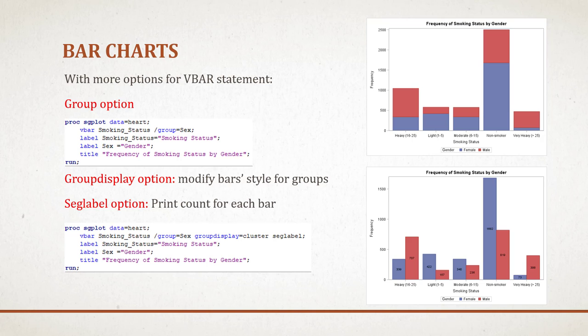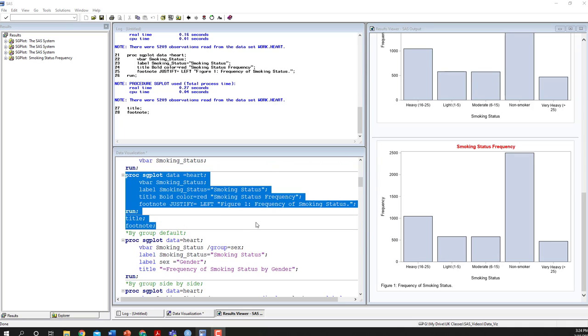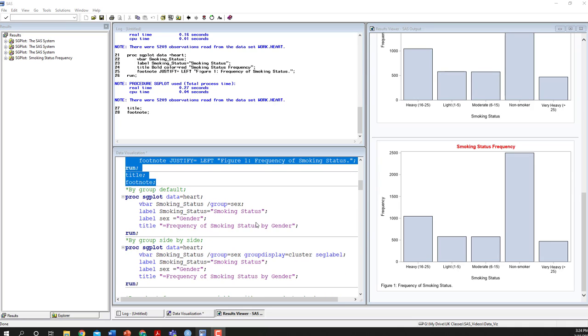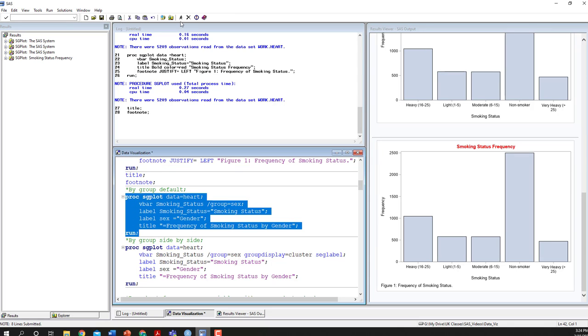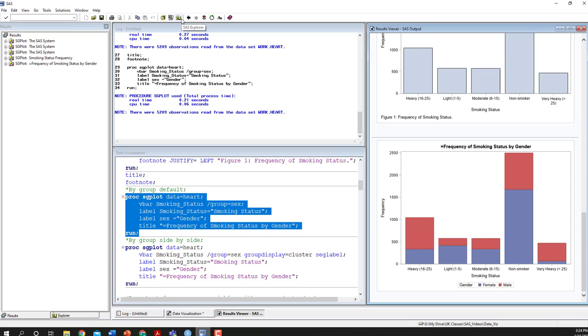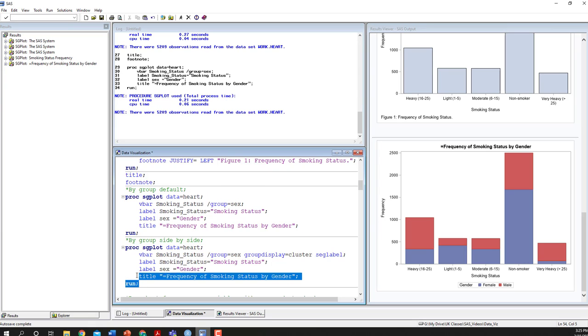Again, we'll look at this in SAS. First, we're going to look at the group default. Running the code. Here we have, again, each of the smoking statuses. The red represents male, and the blue is representing female here. Running the next set of code,